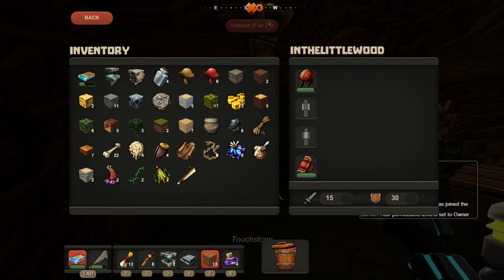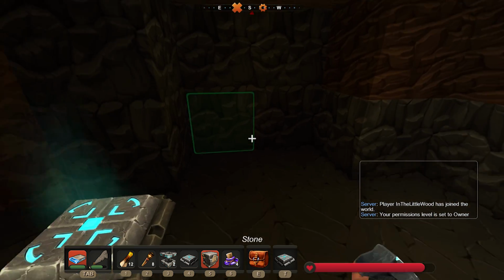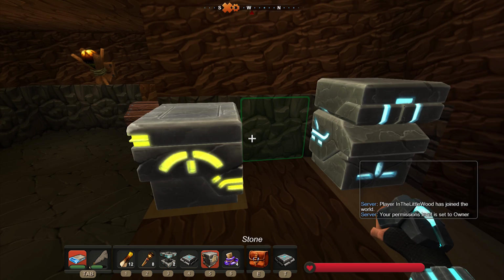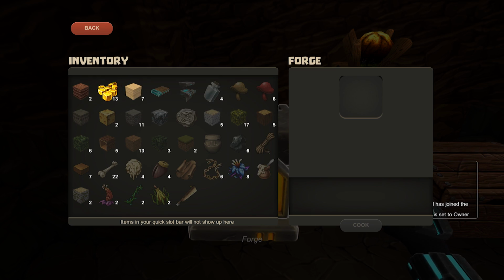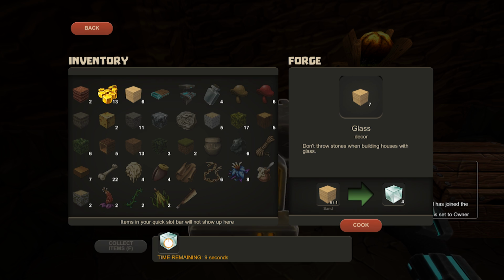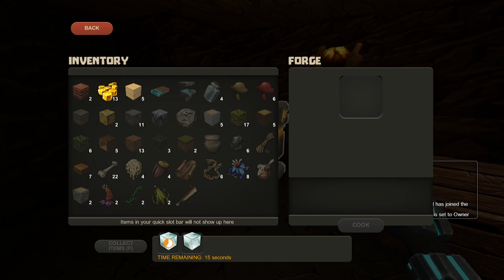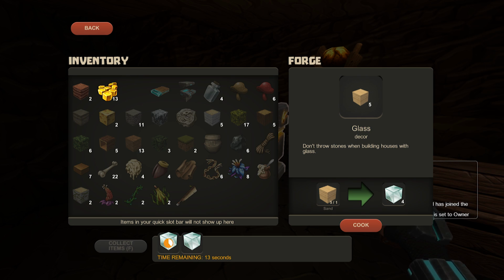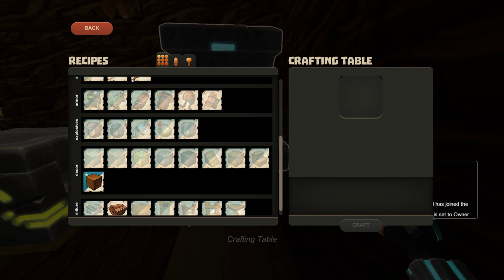Gotcha. Right, let's put down the forge then. I'm going to grab you. Place you there. I'm going to put you in this corner. I like it being sat there. So, let's make some glass then, because we wanted to make flares, weren't we? If we make some of those, that's going to give us how many glass for each one? Is it 1 or... Oh, no, it gives us 4 glass for each one. Okay, cool. So, as well as glass, we also need...